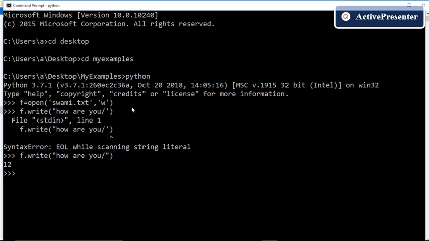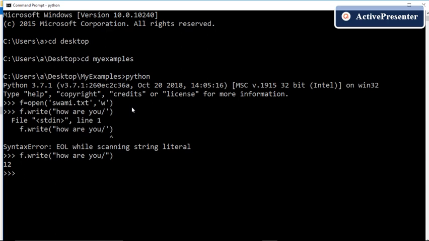Actual reason for this is that the content whatever we are writing here is present in the buffer area, and when we close the file or when we use flush operation, then only the content of the buffer gets flushed out and it gets transferred to the original disk file.